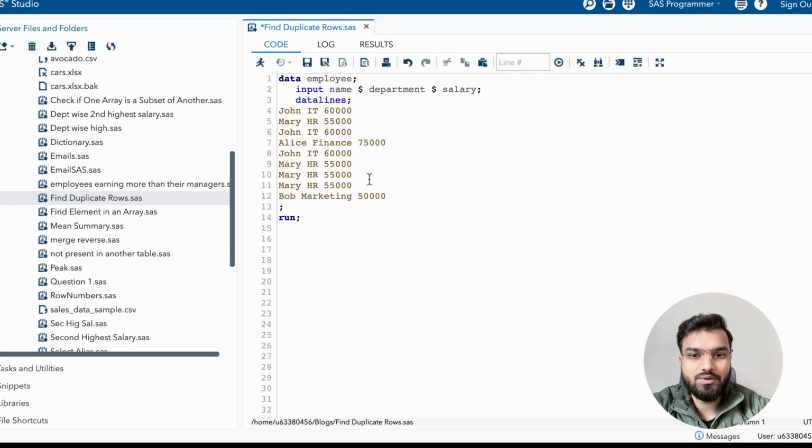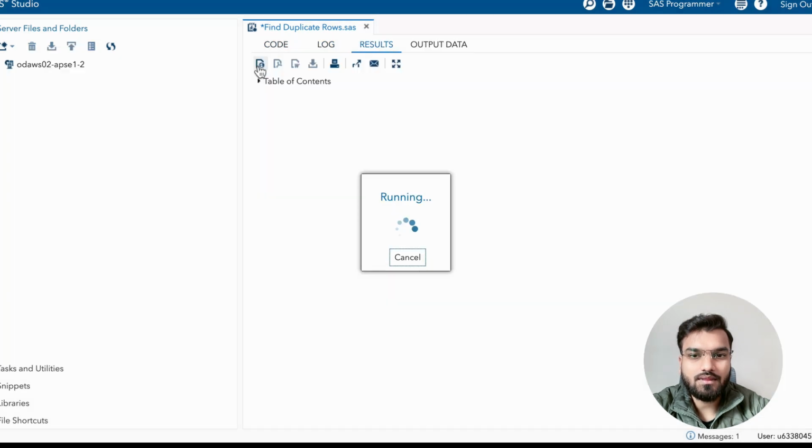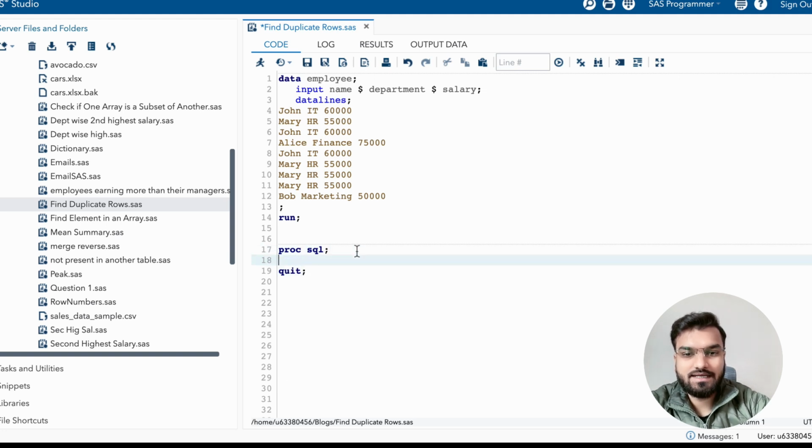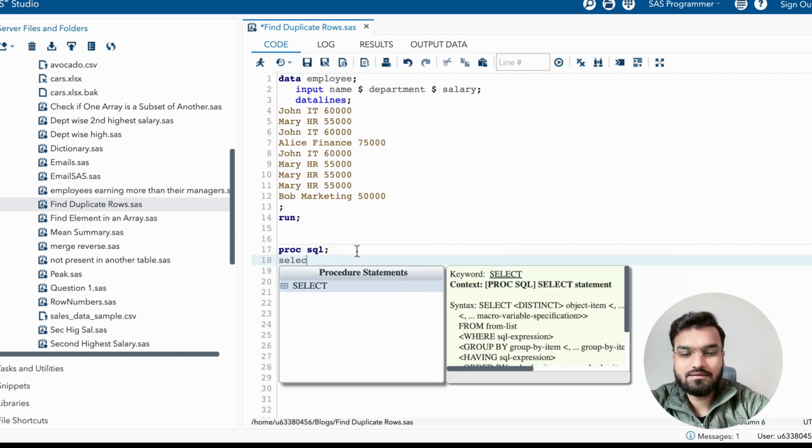So let's now jump into SAS and see how we can solve this. We have a dataset employee with variables name, department, salary, and we have some data. To solve this problem, you can use PROC SQL. And we can write a query: select